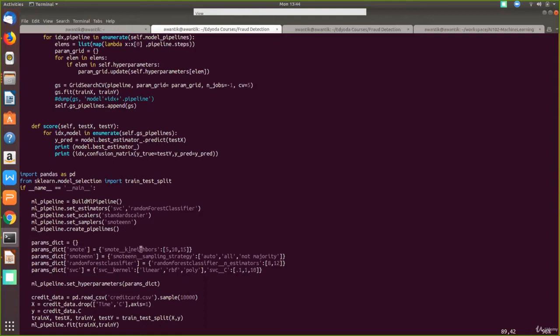So this is one of the hyperparameters, and smoteenn double underscore you have to pass. This is the identification for which component you're passing this hyperparameter, because in a pipeline there will be multiple components. You need to tell which component this particular hyperparameter is for. SMOTEENN, so that's why smoteenn double underscore. Make sure you don't miss that. These are different strategies. I'm leaving that out of scope of this video.